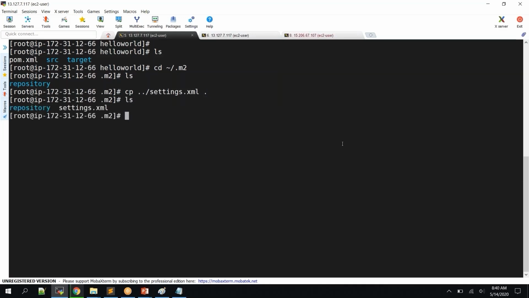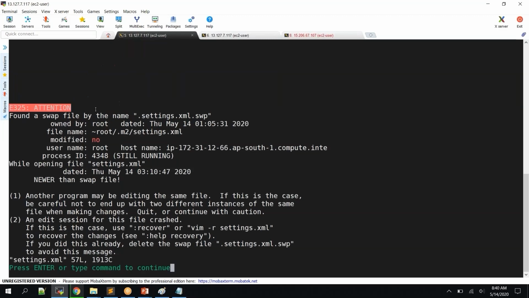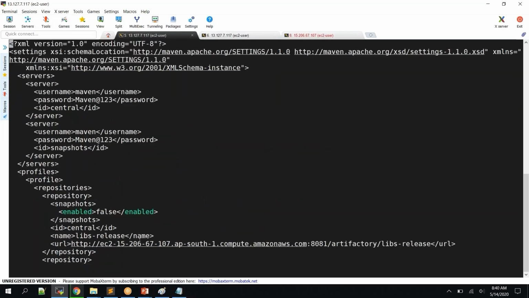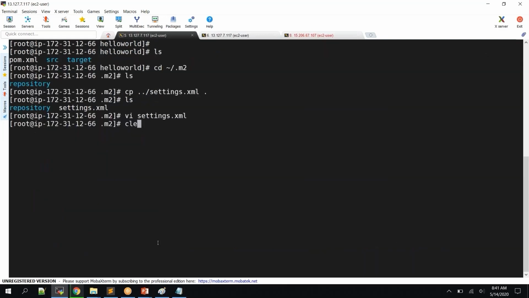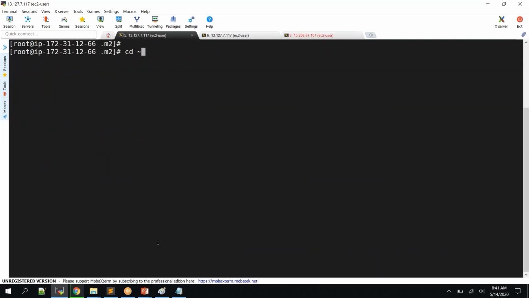So I just copied settings.xml. It has nothing but the credentials for the remote repository, but you can see here the remote repository is still referring to this one, so it doesn't work. It doesn't work at all. Okay, cd -, so